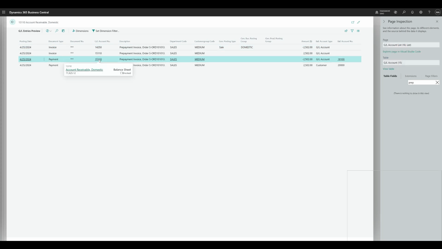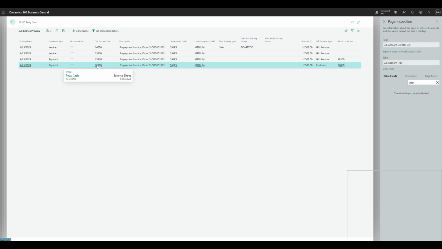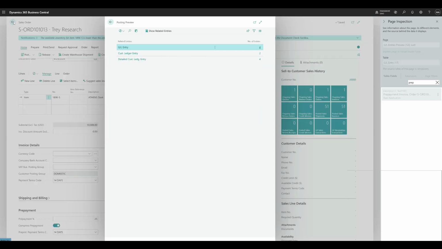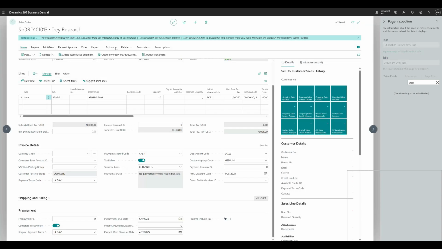We're offsetting the accounts receivable and we debit the petty cash, because the cash payment method code was linked to this petty cash account. So that's how we can process the prepayment,